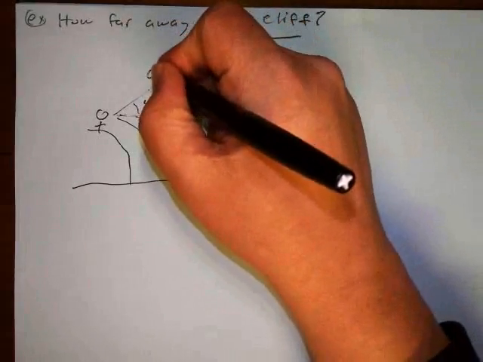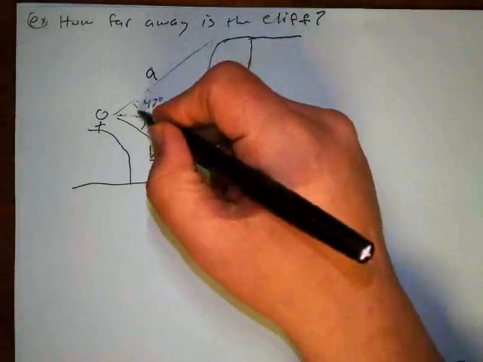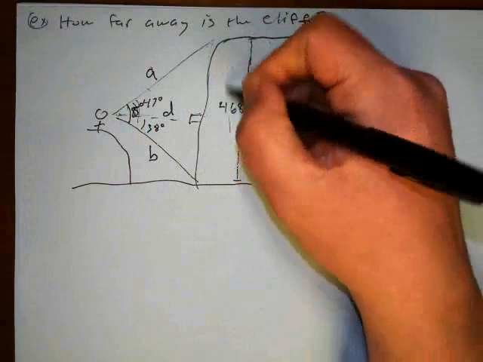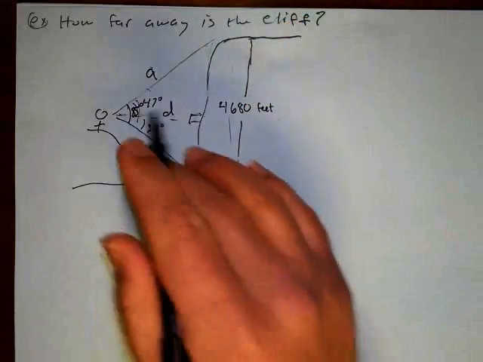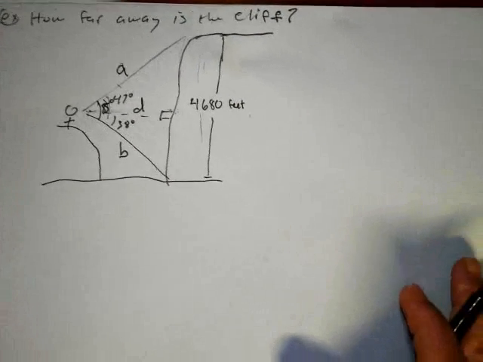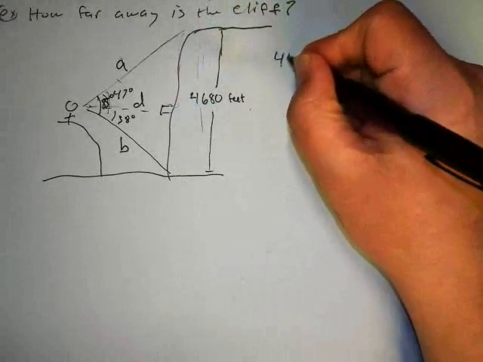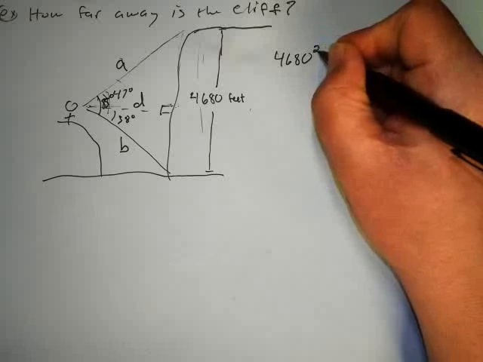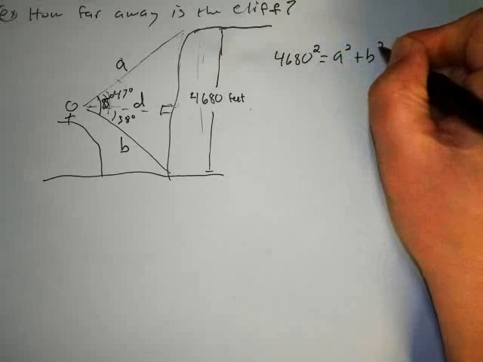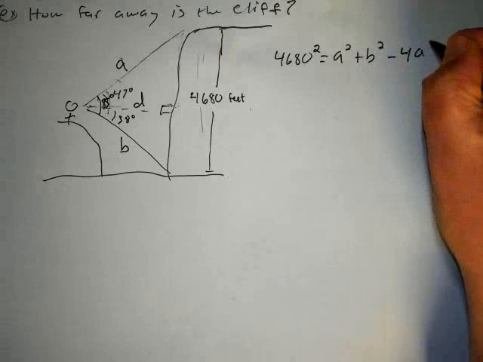So what I'm going to do is assign an A and a B here, and then I have this middle angle, which is 85 degrees. And I know this is kind of like my C. So I'm going to set up the law of cosines, but I'm going to have an A and a B in there when I do. So this is my C side, so I get 4,680 squared is equal to A squared plus B squared minus